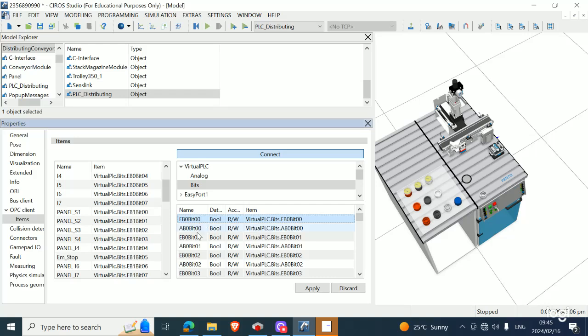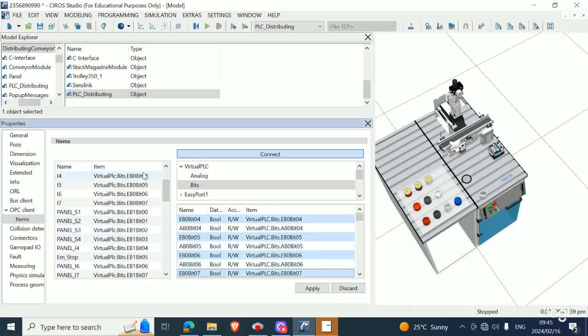So this is 0.0, this is EP0 bit 0.1. We're going to select all of the EP0s on this side. To select all of them, make sure you press and hold control, so you're able to select all of them. Now I've selected all of the EP zeros up until bit 0.07, right? So I'm going to drop them